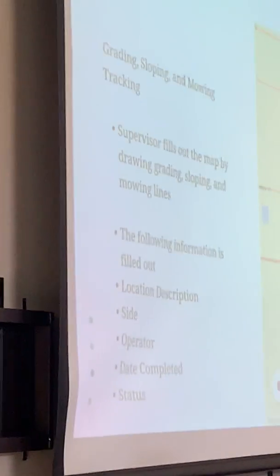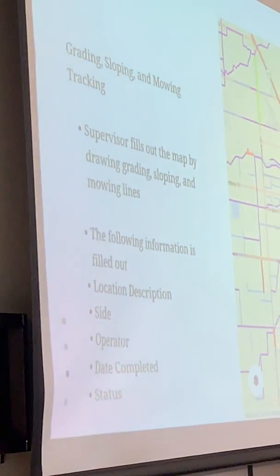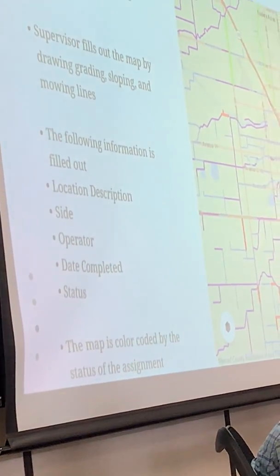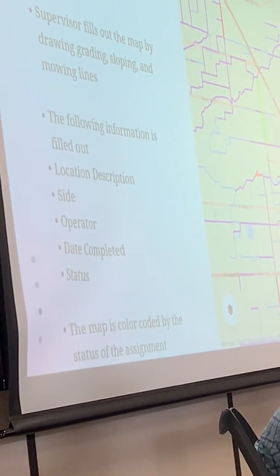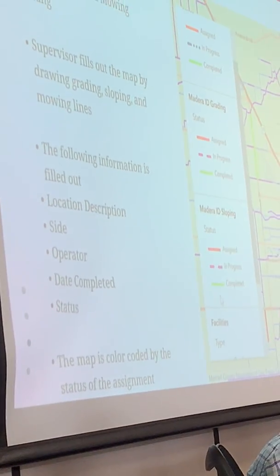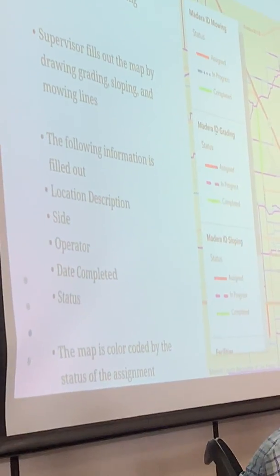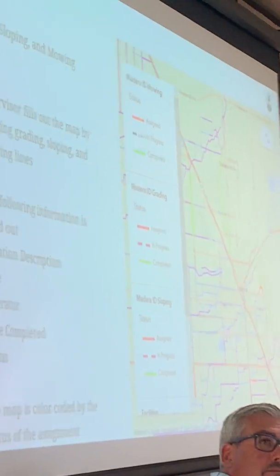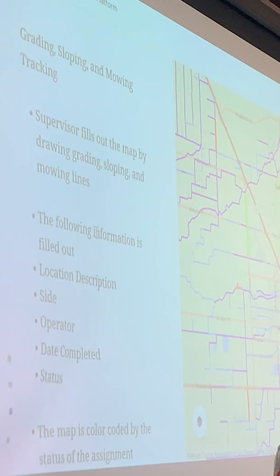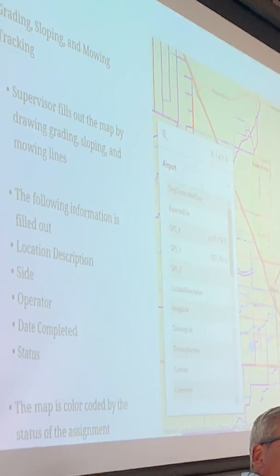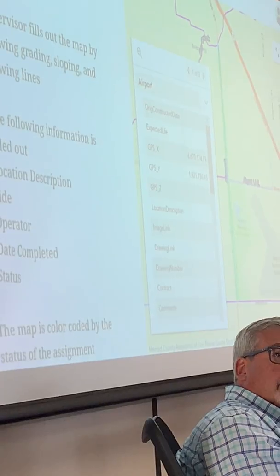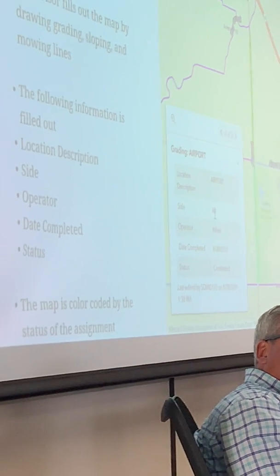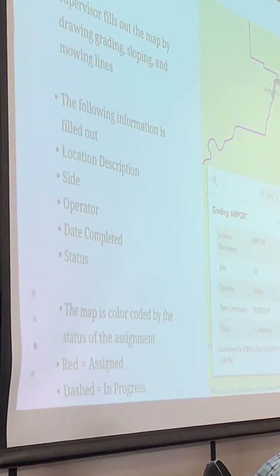collector. The second is grading and sloping mowing tracking. This is one map that the maintenance supervisors and Charles can go into the map and actually assign. We're using it almost as a work ticket system. So between mowing, grading, and sloping, you can designate the work is in progress or it's completed. An entry includes the location description, the side, whether it's inside or outside the roadway, the operator, date completed, and